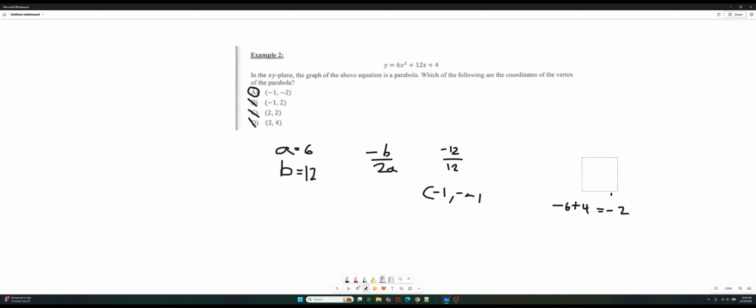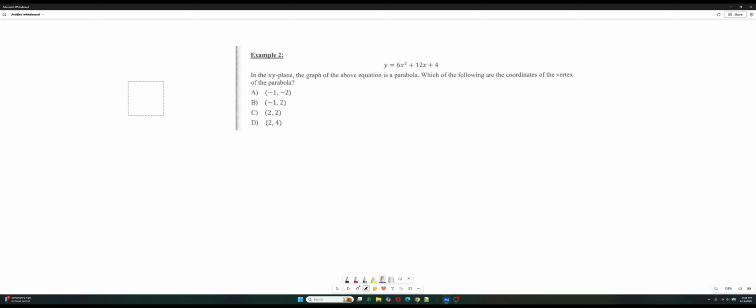So that's how you'd find the vertex. Easy way to find it. It's a pretty important formula, so I suggest you remember that because there's a lot of questions that ask you about the vertex. Okay,